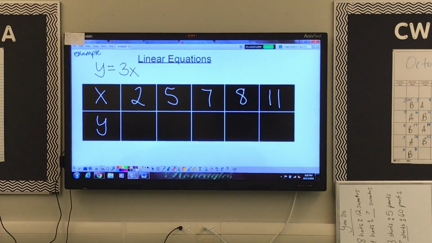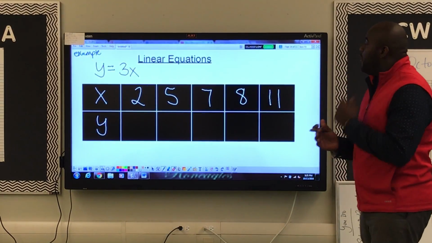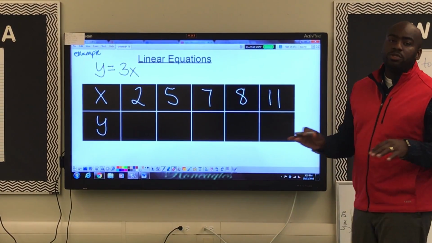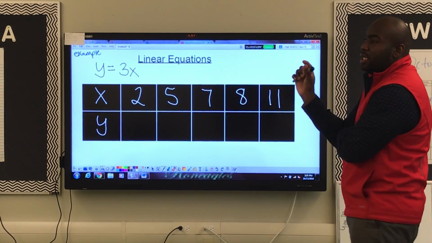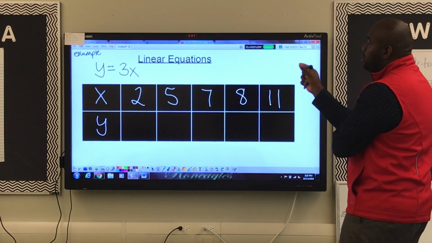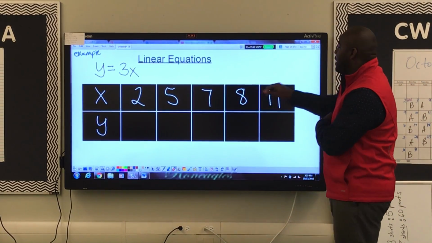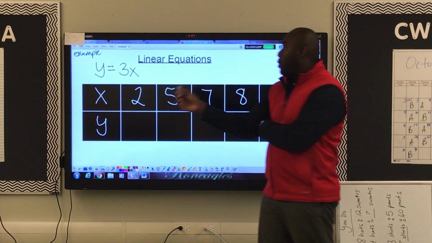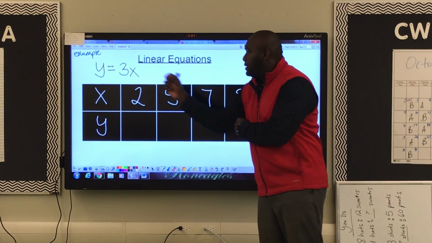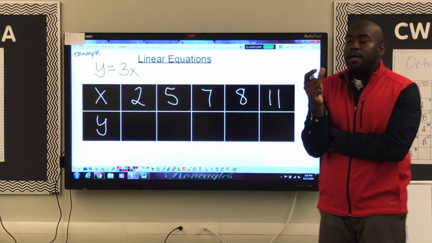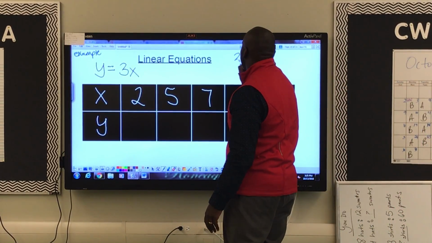First problem is the I do. This is the problem I'm going to do. I'll show you how it works, how we do it. We've been working on some of these before, so it's not new to you, but I'm going to show you the steps that we take. So our linear equation is y equals 3x. On the top row, we have our x's: 2, 5, 7, 8, and 11. We have to find out what our y is. So we're going to substitute this 2 in for x. That's going to give us our y. So whenever we substitute this 2 in for x, such as 3,